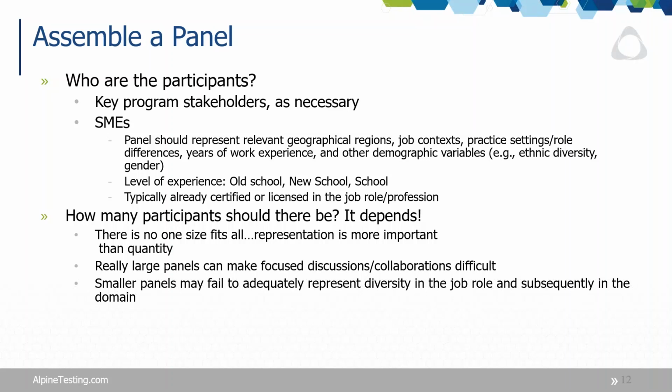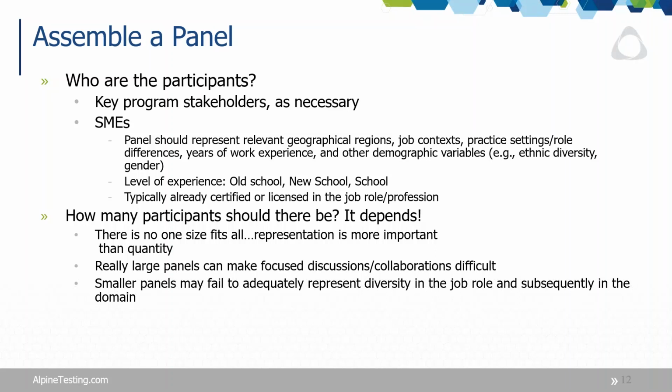We do work some with smaller panels as well, and how small is too small is hard to say. Some professions, particularly in IT, there's a little less diversity, so a smaller panel might be warranted as long as the representatives are still representing the different contexts in which a professional might work, and that you keep in mind that when you have 5 people as opposed to 10, each of those people has a greater impact on those